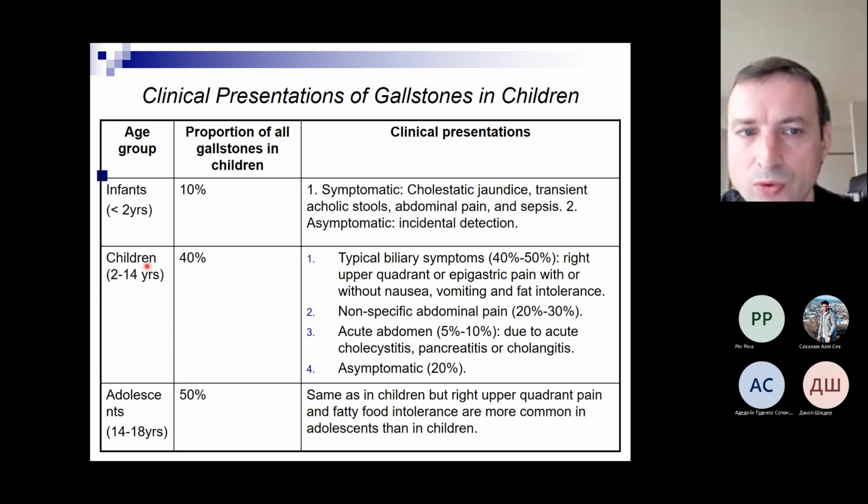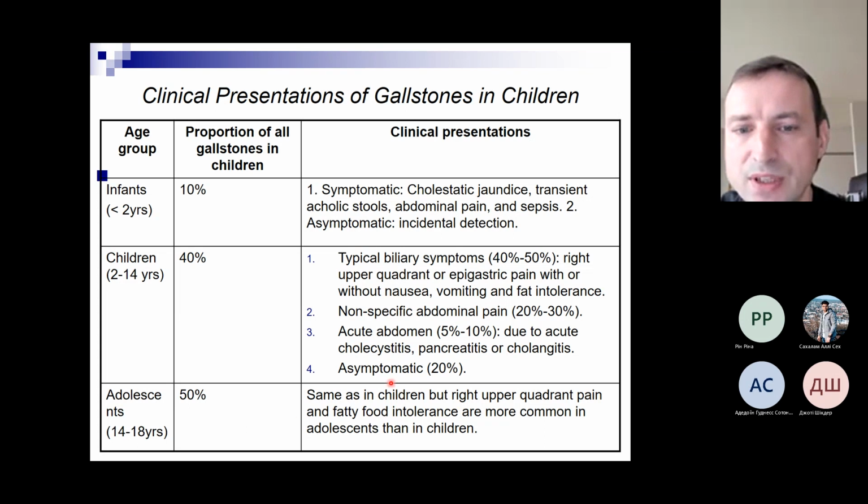In the group from 2 to 14 years, typically biliary symptoms are seen in 40-50%, and they are right upper quadrant or epigastric pain, with or without nausea, vomiting, and fat intolerance. Non-specific abdominal pain is seen in 20-30%, and acute abdomen in 5-10% due to acute cholecystitis, pancreatitis, or cholangitis. 10% are asymptomatic. In adolescents from 14 to 18 years,